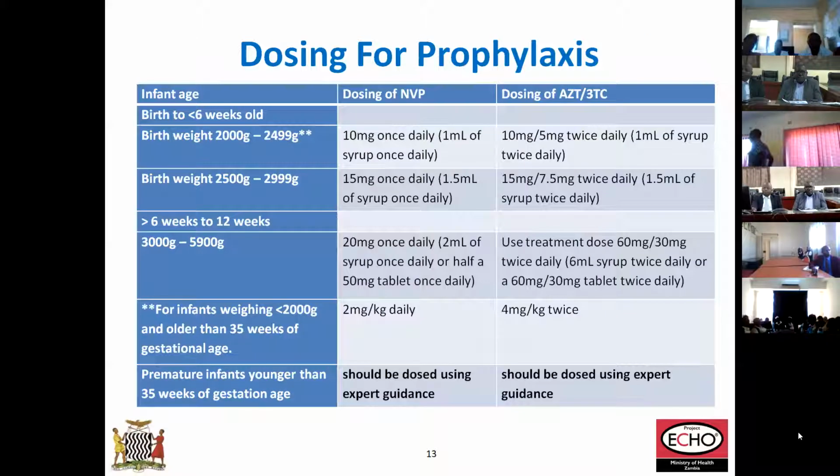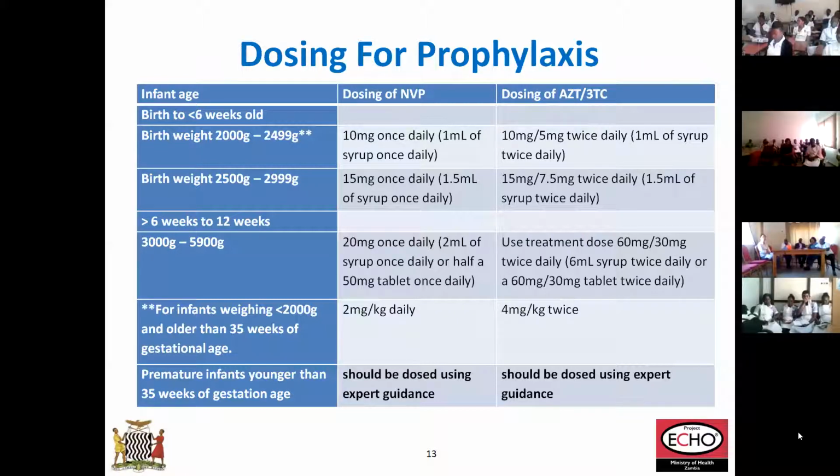Next slide. So these are the dosages. I will take you through the zidovudine because the nevirapine comes already as a syrup, so it's got a longer shelf life and you just go straight. But for the ones constituting with plain water, it will give you 10 milligrams of zidovudine and 5 milligrams of lamivudine per meal. So you can see, for example, a baby weighing 2